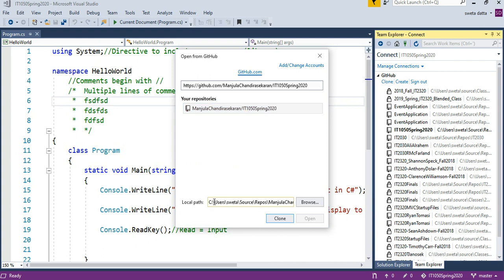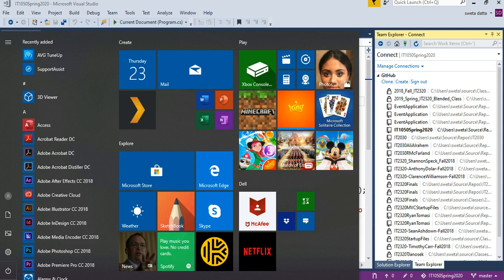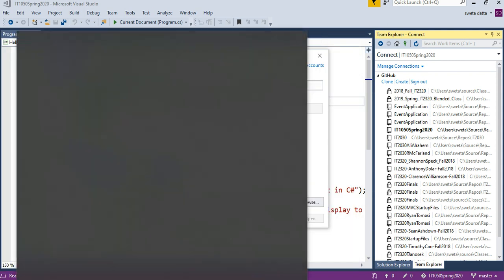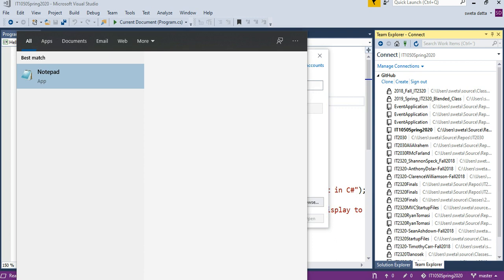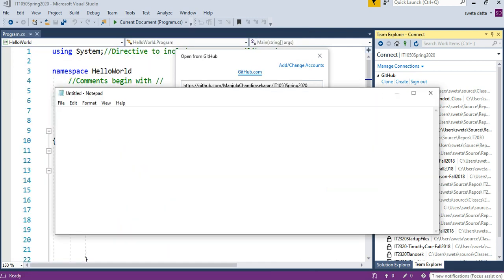And then this is where you have to be careful: the local path. You have to know what the local path is. Okay, so copy the entire path. For example, let me show you, this is my path. Copy this path and then put it somewhere in Notepad so you can go back to that path. Anytime you create a new project, it has to go into this particular path. So put it in Notepad.